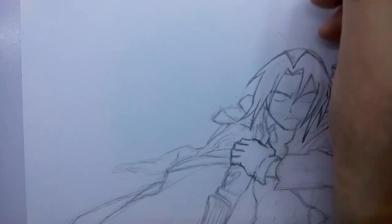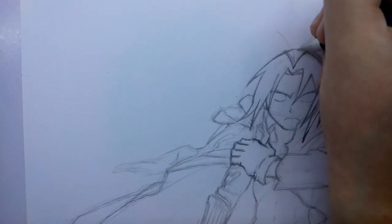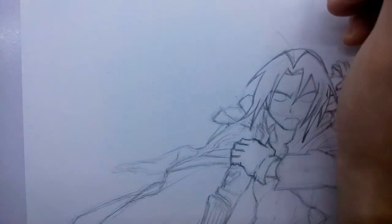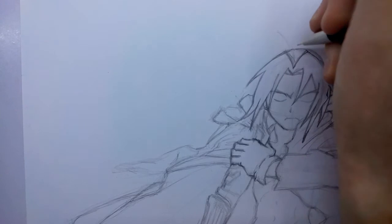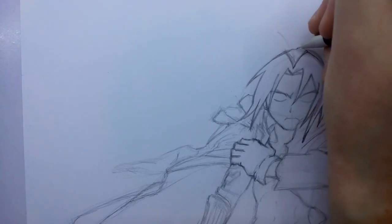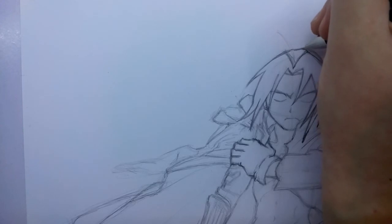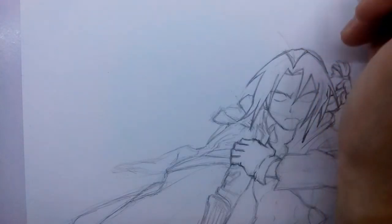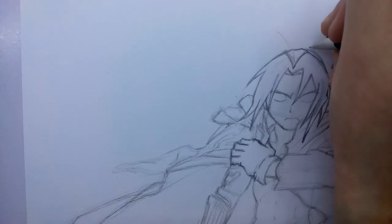But you just want to get the curve of the head, and then start to build up kind of zigzags, like I'm doing now, like bunches of hair that are being pulled back for that braid. So yeah, that's where they're going. So basically it's just bumps in his hair that you're drawing in, and then you can get them down the back of his hair as well, and just draw these,